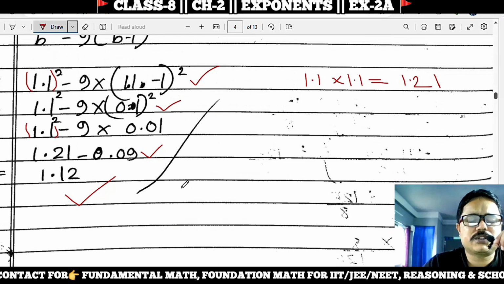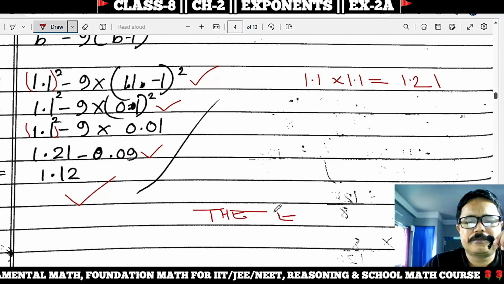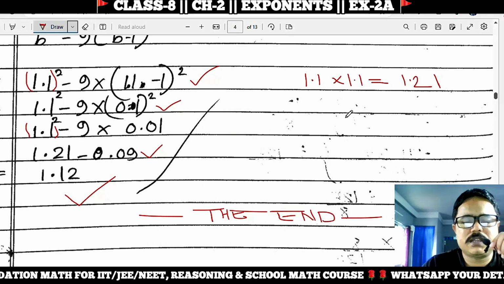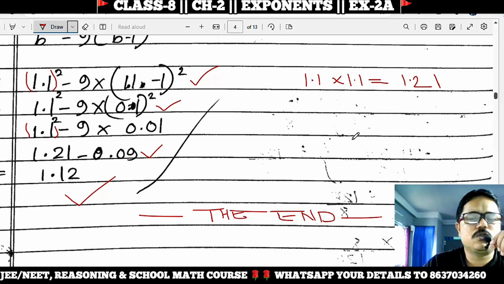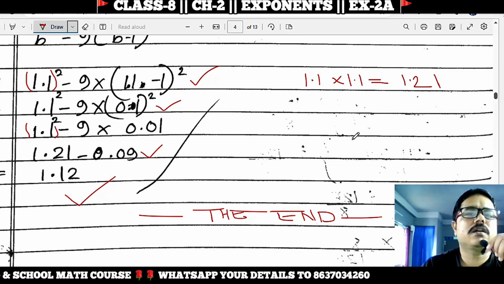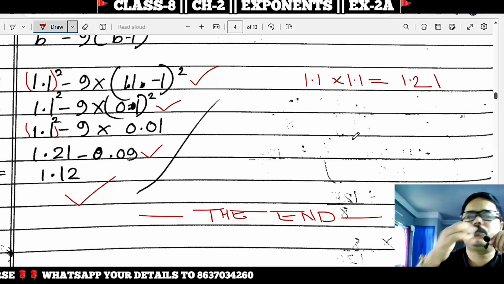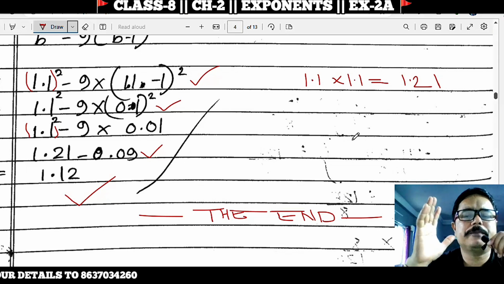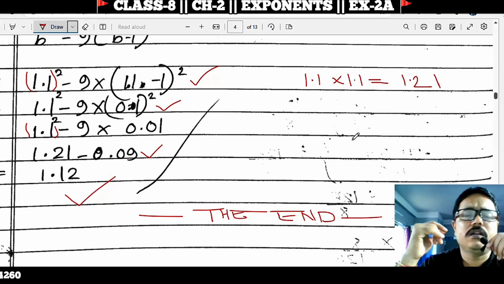So this exercise is finished in today's class. Okay, in the next class we will be understanding the next exercise, a very important exercise, that is exercise 2b. So children, I hope that the sums which I have explained to you in today's video are clear to you. Even then, if you get any problem, if you have any doubt during the understanding of this exercise, let me know.